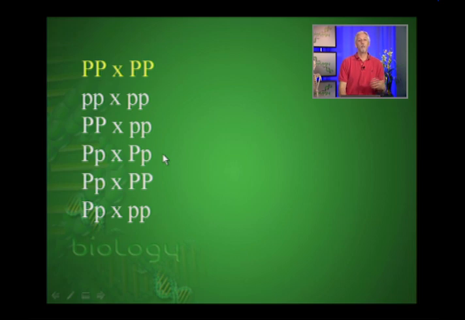So again, our 6 crosses would be homozygous dominant times homozygous dominant, homozygous recessive times homozygous recessive, homozygous dominant times homozygous recessive, heterozygote times heterozygote, heterozygote times homozygous dominant, and heterozygote times homozygous recessive. So again, essentially all genetics problems we can bring back to these 6 basic